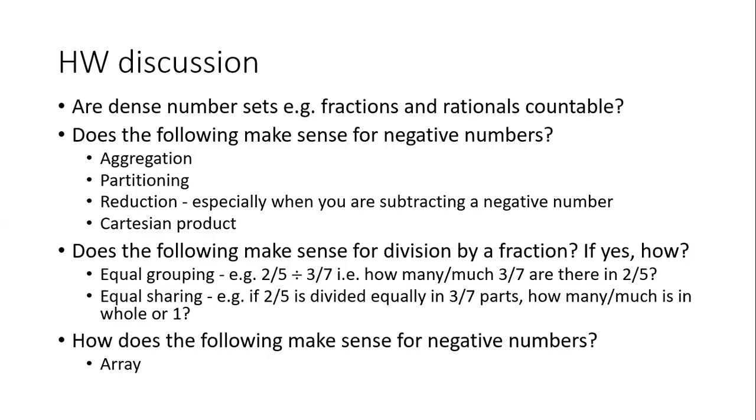NCERT class 7 textbook integer chapter does a very good job for integers, but I'm not sure if that can be extended directly for rational numbers because it uses tables, and tables by nature are kind of discrete, right? I mean, the underlying thing about tables is repeated addition, so there is a discreteness in that, and integers are discrete, so it works very well for integers, but then it can't completely do justice to even all rational numbers. Forget the real numbers.